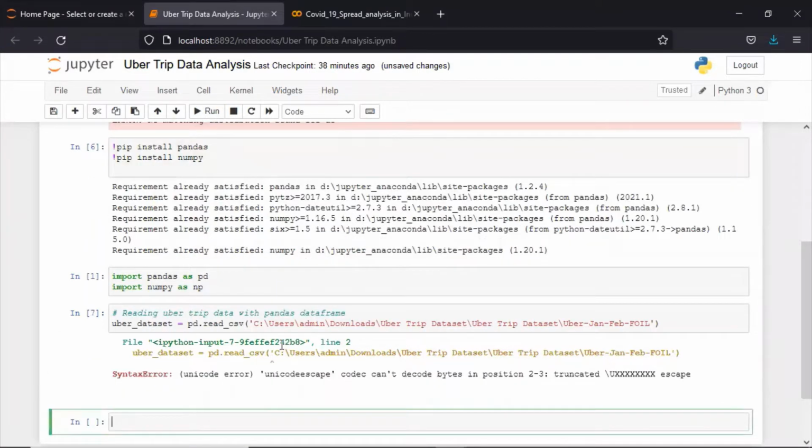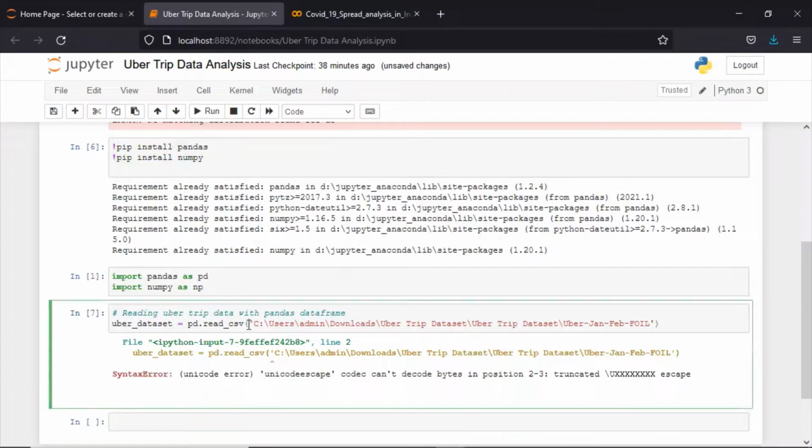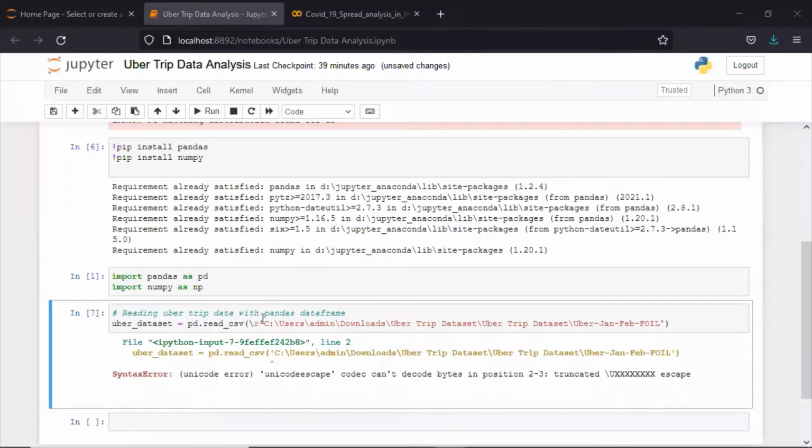Here we are getting some error. This error is because of some Unicode characters present, like spaces. For that, you just need to add \r, or you can add just r.